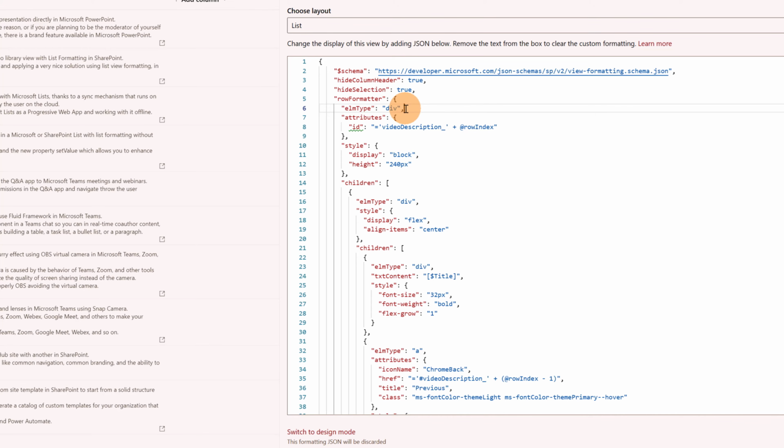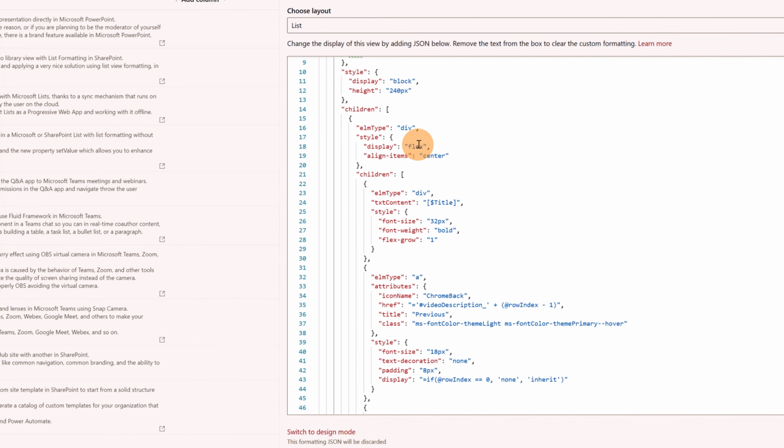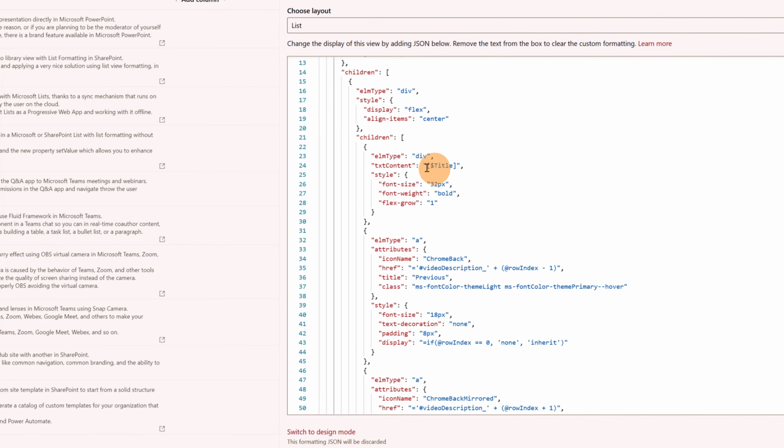Now in the main div for every row, we have an important attribute, the ID. We have video description underscore and then the row index. By doing that, we are going to assign a static ID to every row of this list. And this is exactly the engine that will allow us to have a navigator, to have a content explorer in this list. Then below, we can see that I specified a div again,